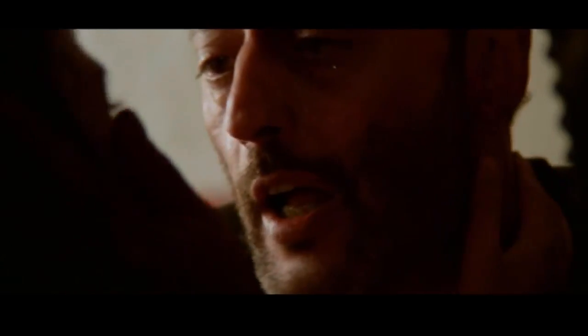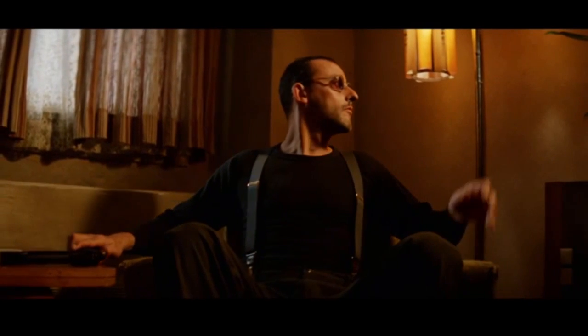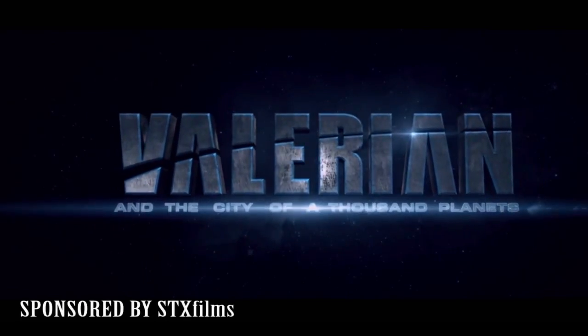Now, I've been a fan of director Luc Besson ever since I watched his film Leon, the Professional. As a teenager, it was a film I recommended to everyone. And by everyone, I mean everyone! So you can imagine my excitement when I heard about Besson's latest flick, Valerian and the City of 1,000